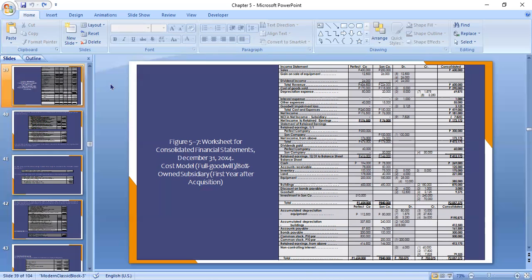Second column is Sun. So we have now the adjustments for the parent and the subsidiary, and finally leaving the consolidated balances. For sales, the parent and subsidiary total 600,000. Gain on sale of equipment in the books of the parent, 12,500. In the books of the subsidiary, upstream sales,